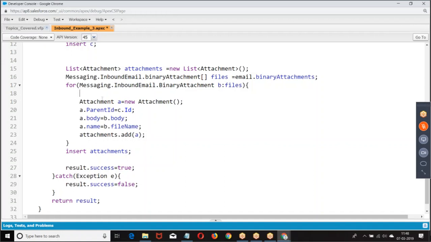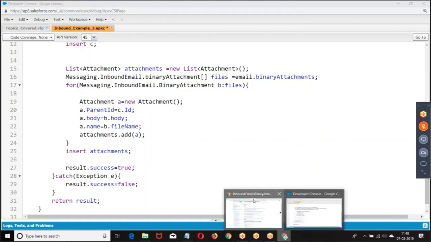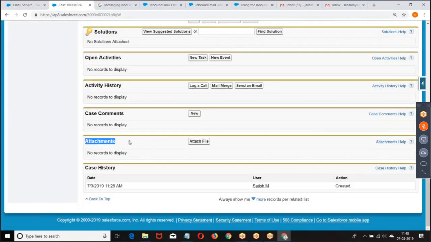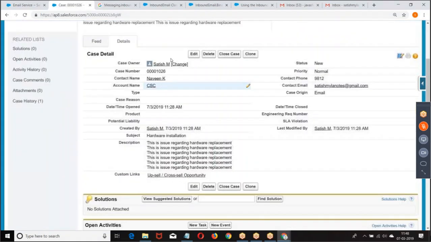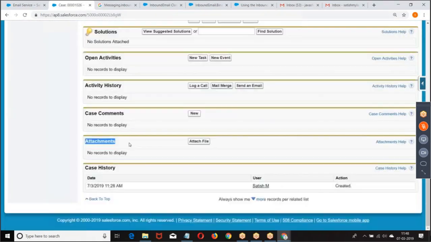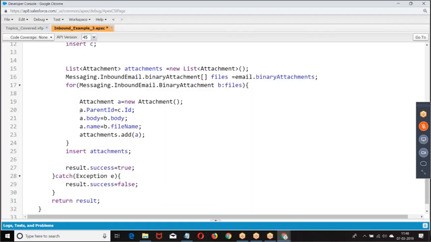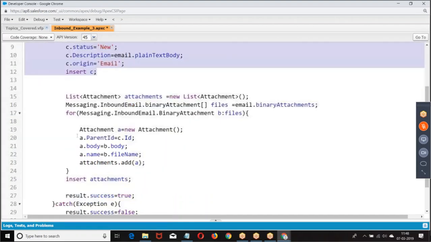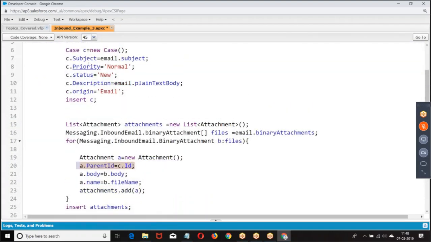Line number 20: now we are creating an attachment. Go to this record. This attachment is for this record, so this is a parent and this is a child. There should be a lookup field on the attachment object. What is that lookup field called? ParentId. ParentId will store the ID of the parent record for which the attachment is added. So here, ParentId equal to c.Id. What is c? Case. So this attachment is added to this case.